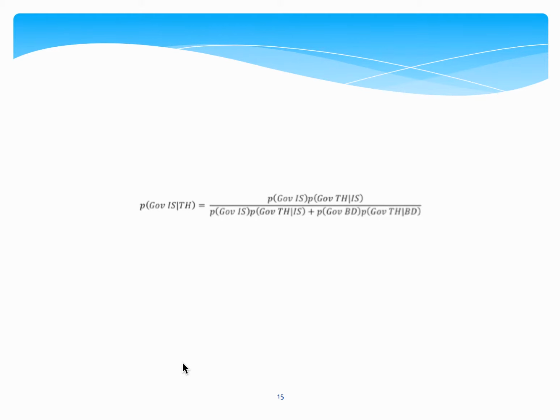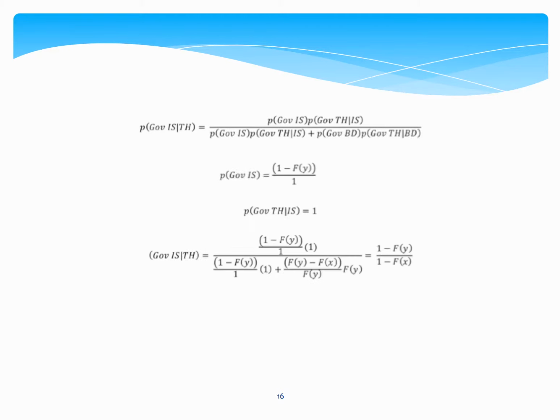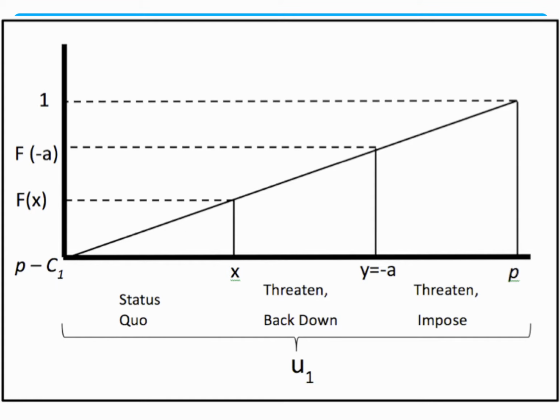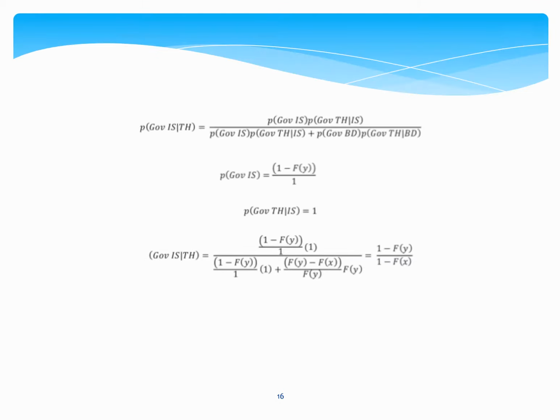Here I say government because I'm looking at the domestic politics within the sender state. But now this is the first model and we don't have opposition. And then for the case, for example, where the government imposes sanctions, given sanctions are threatened, here, the same model. And we need to look at the CDF table here. And then by looking at this table, if we plug in those values, this is what we get,